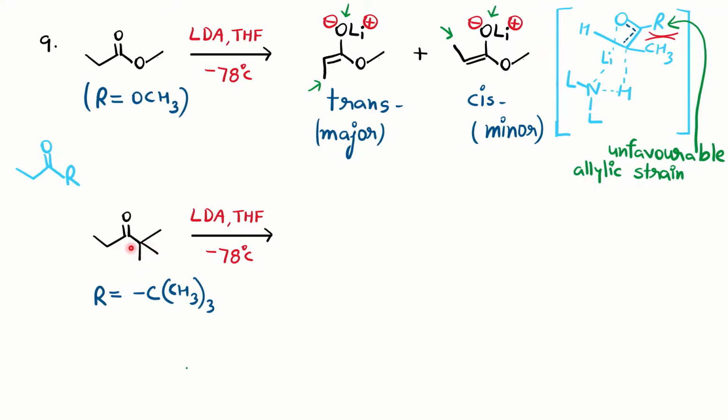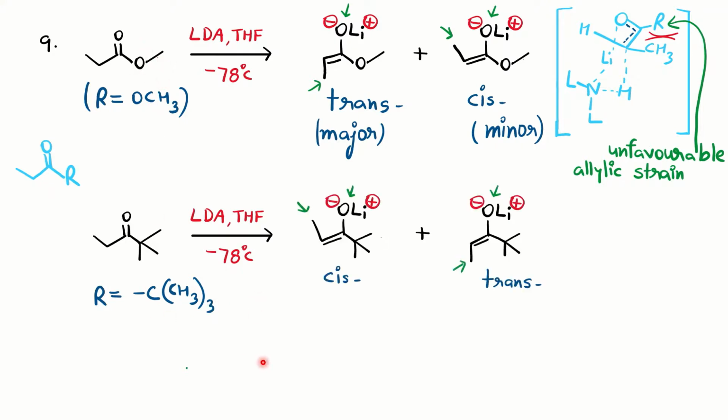On the other side, you can notice at the terminal alpha position you have a tertiary butyl group. We know a tertiary butyl group is a bulky group. Now in the first case it was a small group, now it is a bulky group. Conditions are given to you. Again, two enolate formations are possible. The two may be cis, like methyl and OLi close to each other, or the two may be opposite to each other. If the OLi and methyl are opposite, it is trans, and if on the same side, it is cis.